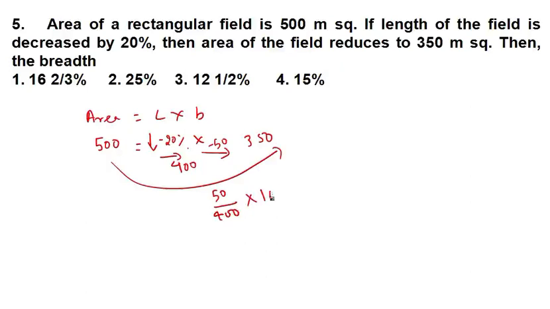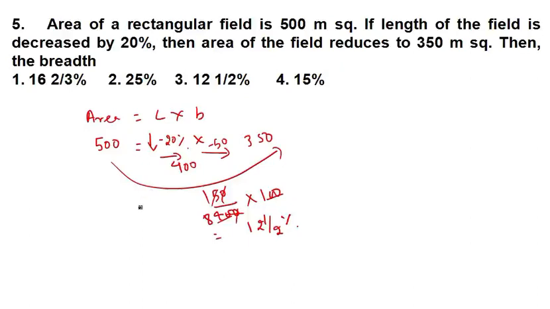To get percentage, you have to multiply by 100. This 0 and 0 will get cancelled. Okay, you do one thing. This 5, 0 and 0 get cancelled. 5, 1 and 5, 8. You get 1 by 8. So what is the percentage value of 1 by 8? It is decreased by 12 1 by 2%.